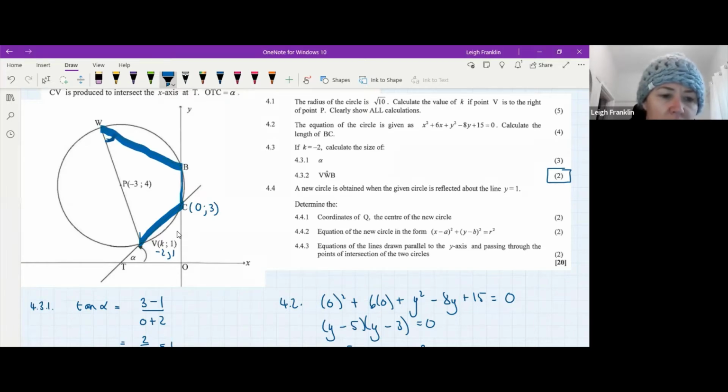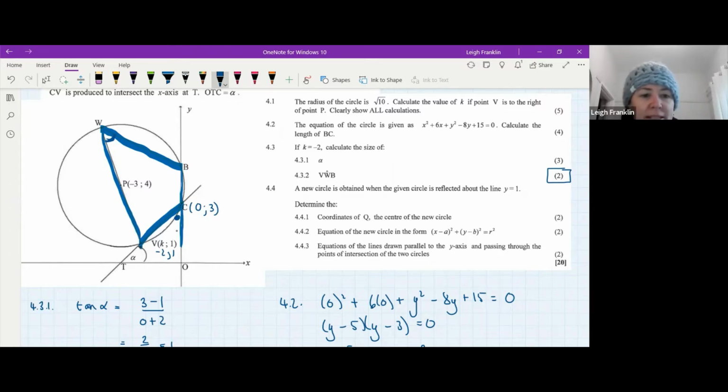There's our cyclic quad. Can you see, guys, that the y-axis is an extension of side BC, which means that this angle over here, angle VCO, is the exterior angle of the cyclic quad,